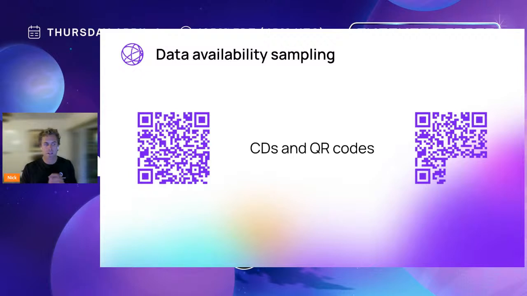And the same thing is using QR codes. You can try for yourself and scan these two different QR codes. Even though one is missing a large chunk, it still works. And the reason you can cover up different chunks of a QR code and it still works is because it has this redundancy baked in.